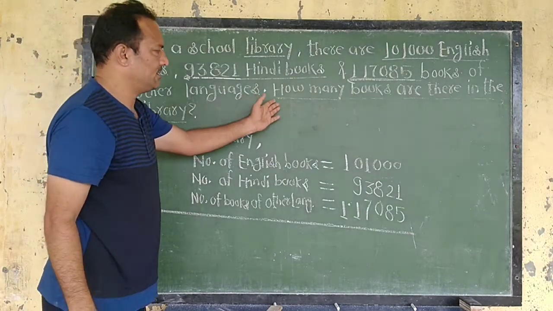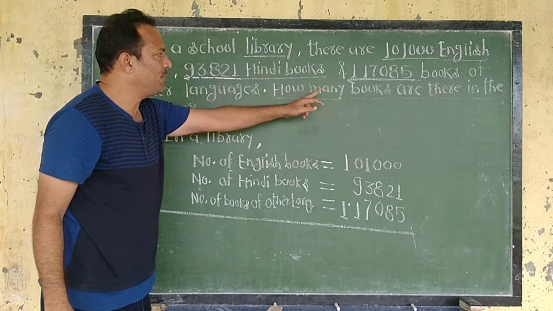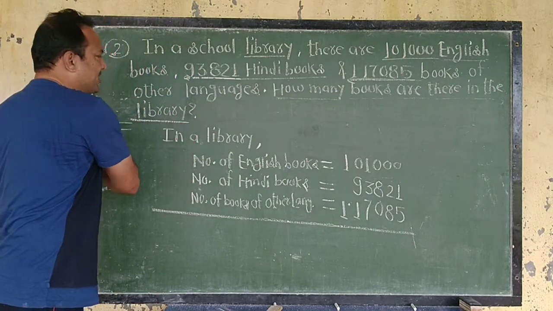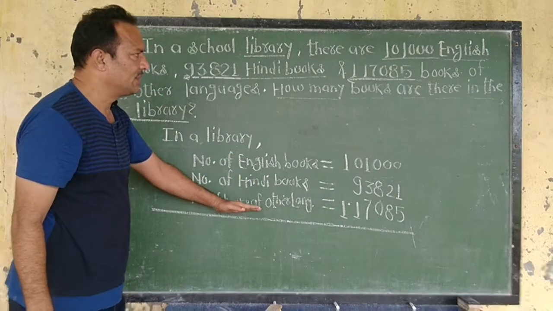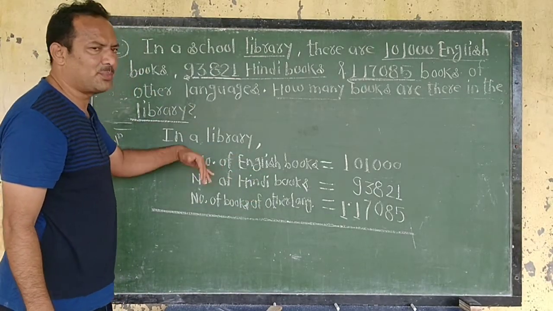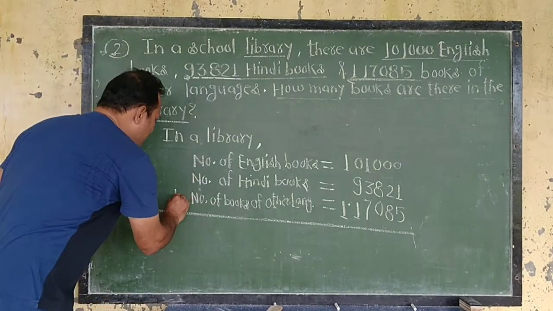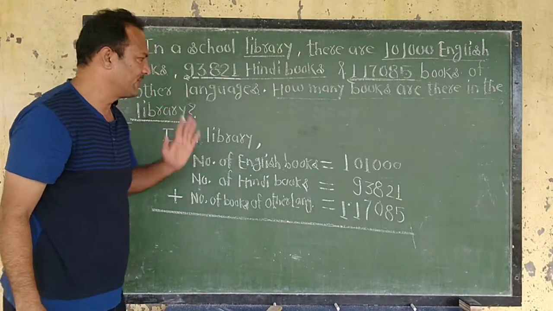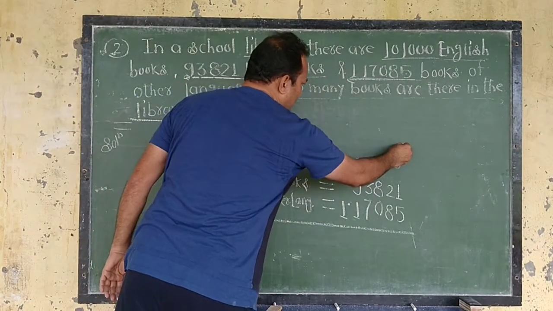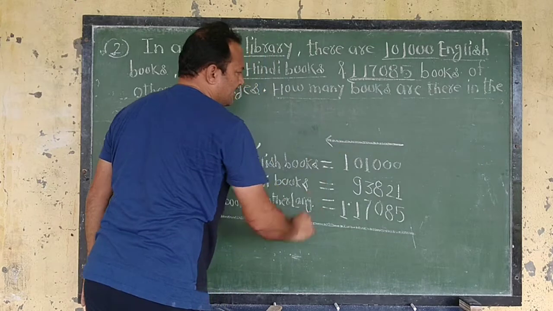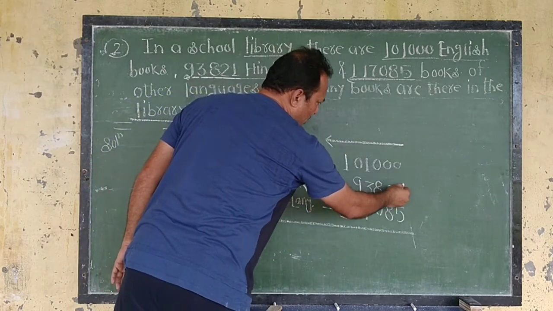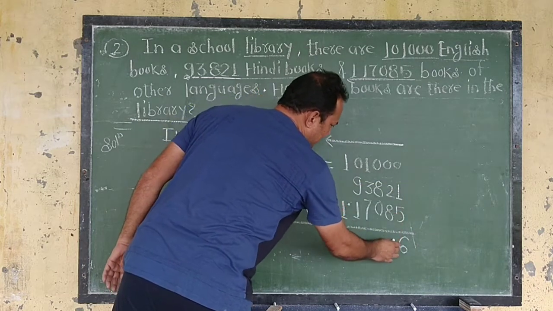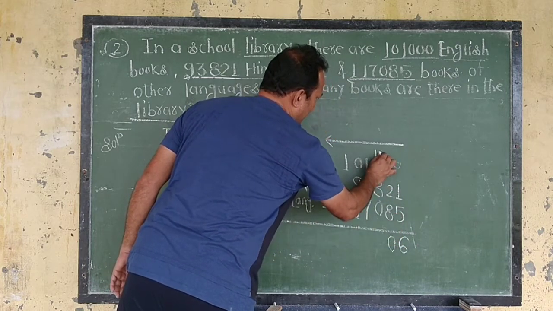What is the conclusion? Before it I cleared how many books are there in the library. Okay, we have to find the books in the library. Then all these are the books in the library. Means the number of books is increasing. Then we have to apply here the addition sign, because there is no keyword given. Then look here, we always solve from this side to this side. Add all digits: 0, 1 and 5, you will get 6. 0, 2 and 8, you will get 10. Then write here 0, carry 1.